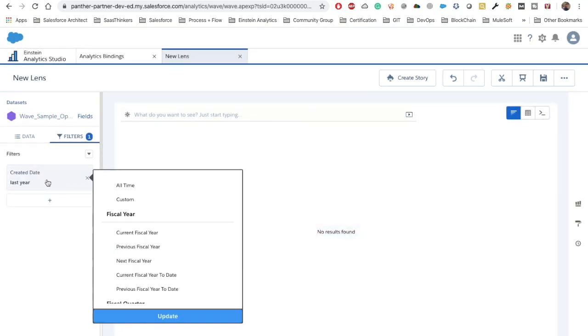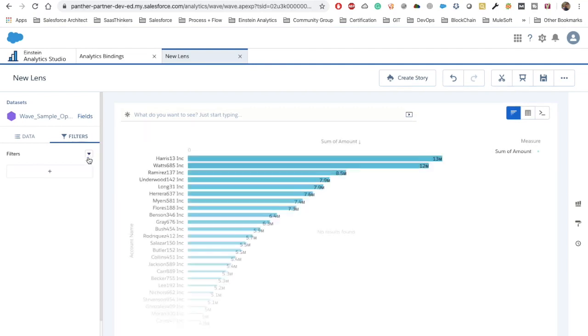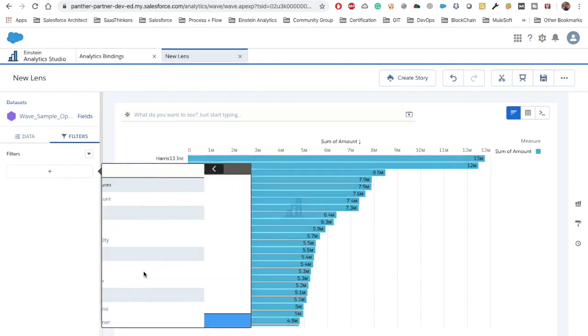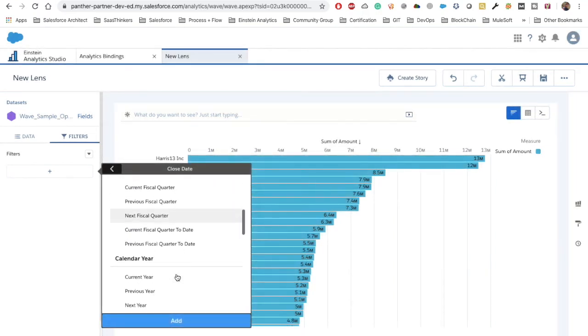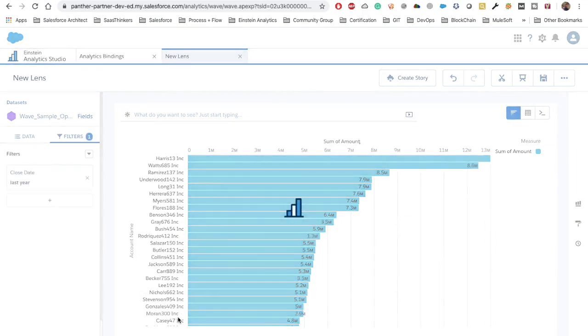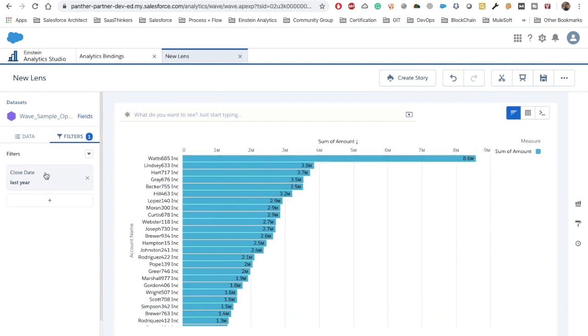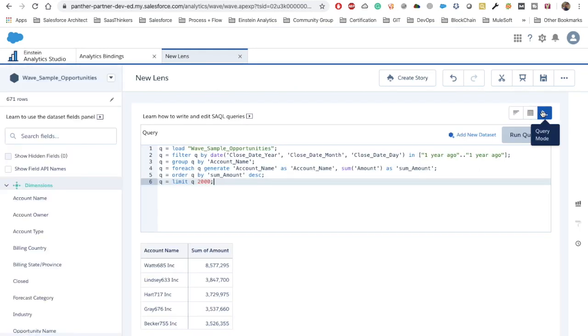Now for created date we don't have any data, so let's try to add close date instead of created date. We might have some data for previous year. Yeah, we have. For close date we have some data here. Now if you go to our query mode, you will see that here the filter is being applied like this: